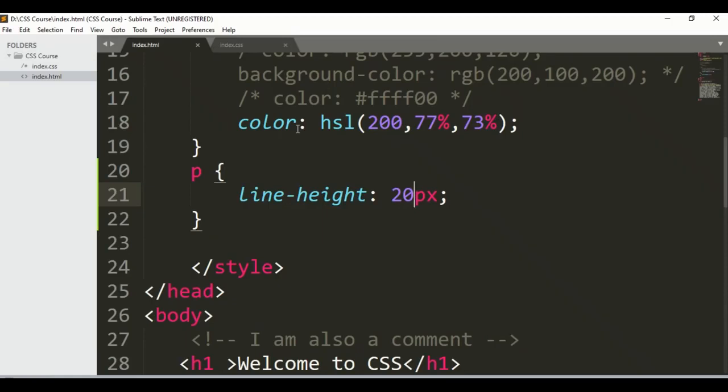So guys, that was about CSS text, and in the upcoming lectures we will talk about other methods and like